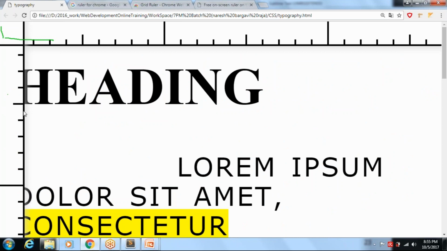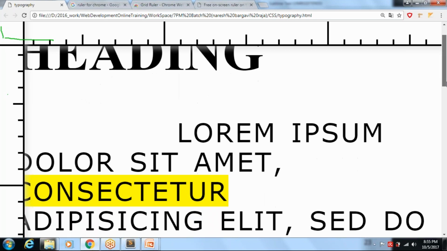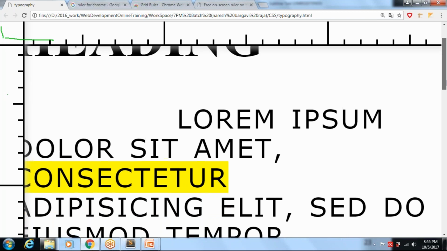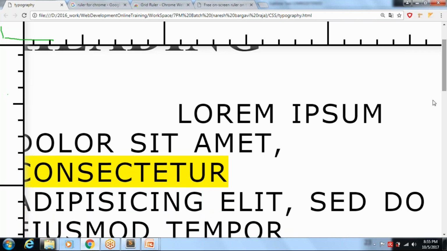Total how many pixels is it? Sorry, this is 10, 10, 10, 10. Let's show it like this. So let us take this one. How many pixels will it take? It has to be around 16 pixels only, but unfortunately